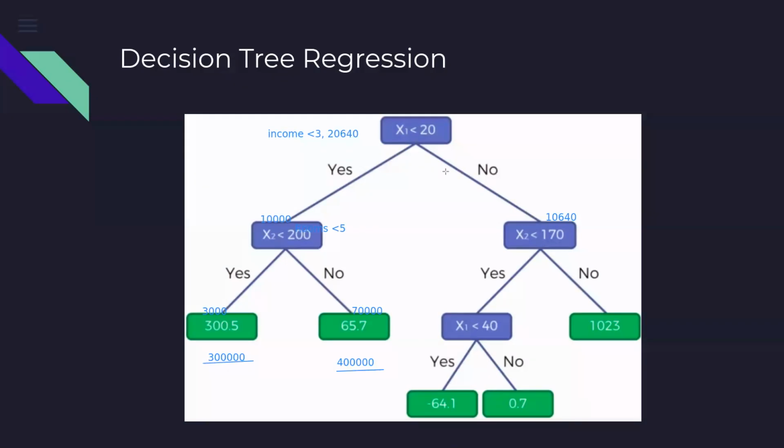Then another house, now I am trying to predict the price of a new house which has come for sale. Then I'll ask the question, what is the income of the person who is living in that house? And suppose I get an answer of 4. If I get an answer of 4, then I will climb to this branch. But since we have taken the data for the left side of the branch, let's assume that the income of the person living in that house is 2. Then I come to this node.